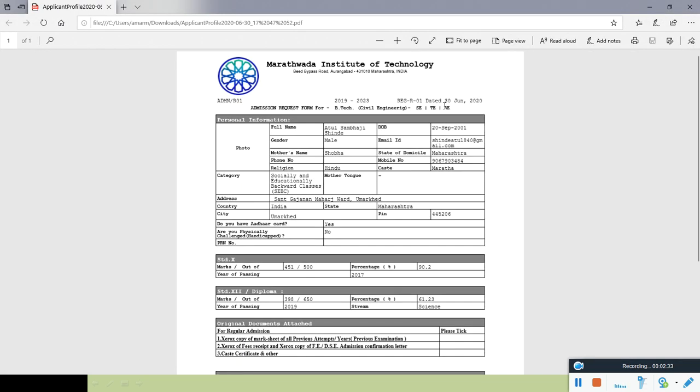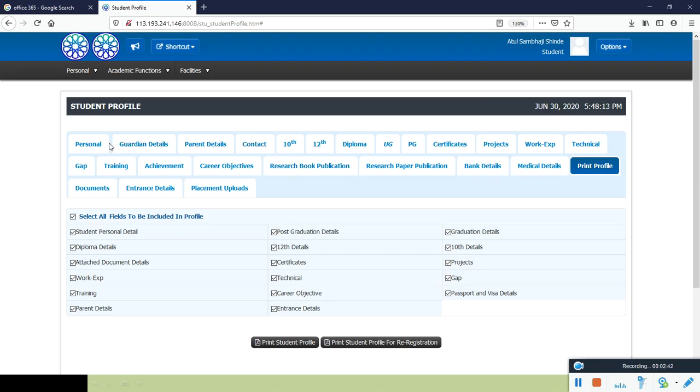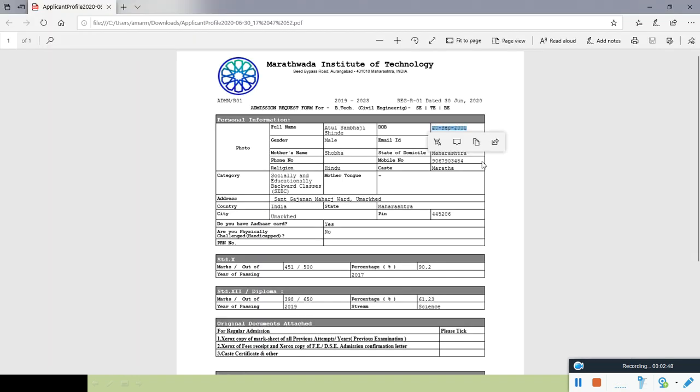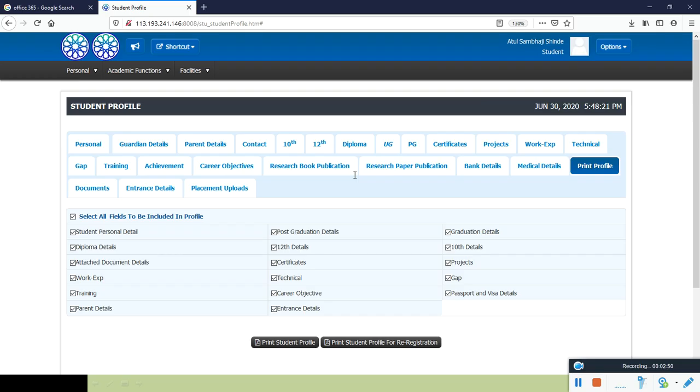Open it and check the details of your information. If you find some information is not correct, go to your profile and make the necessary changes according to the updates. After making them, do the same thing again: go to Print Profile and print the student profile for re-registration.